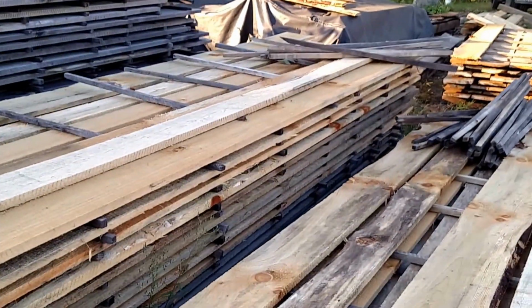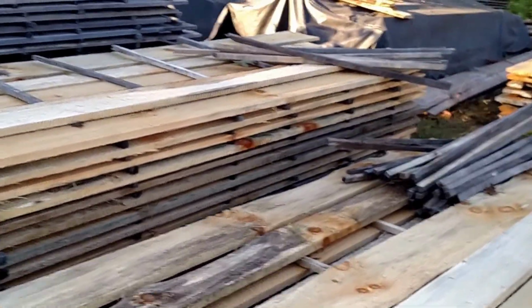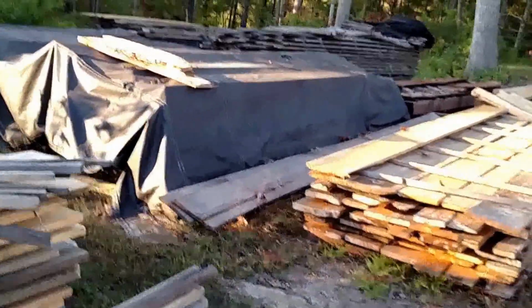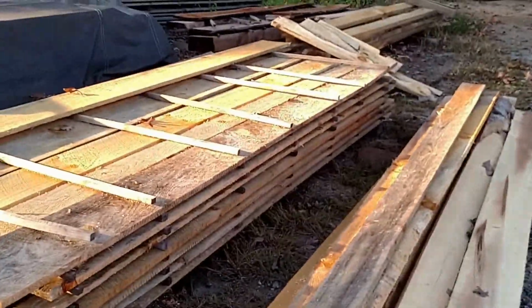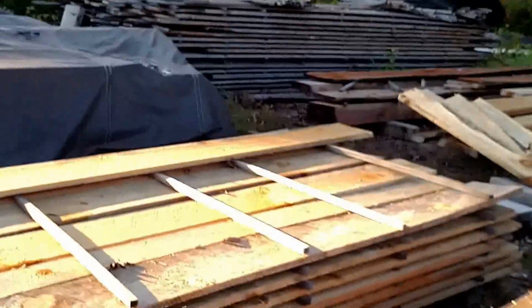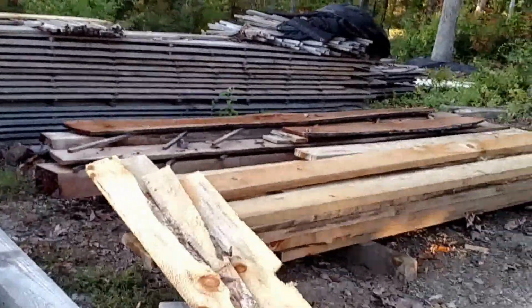We need to build some inventory, and we will here in the next day or two. We've been covered up. We're about caught up now. And up here is some mantle boards that we're waiting to dry. I've got those sold, and